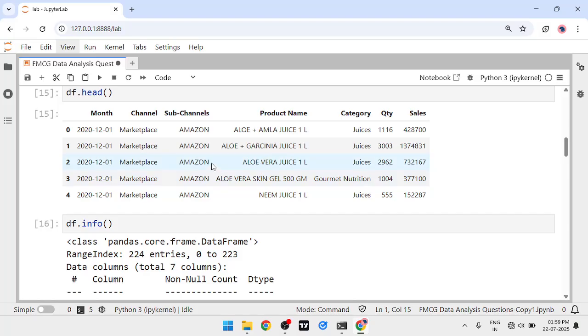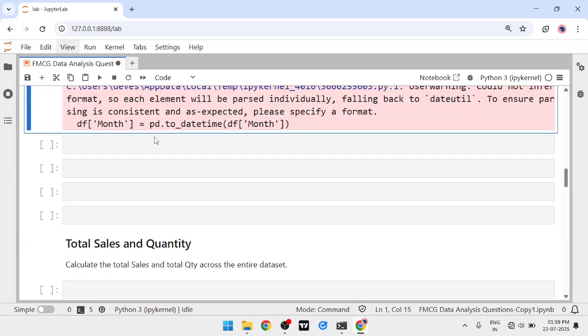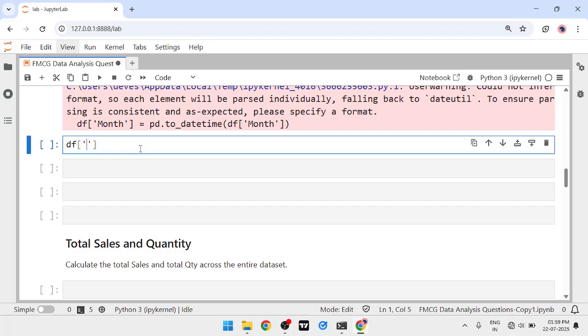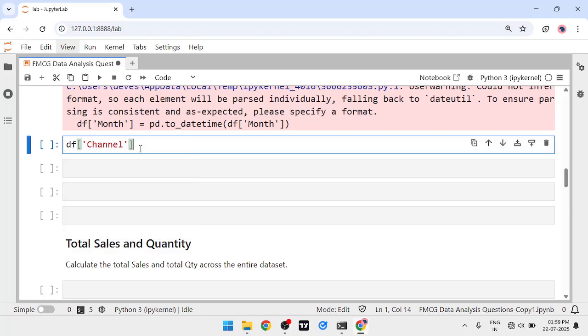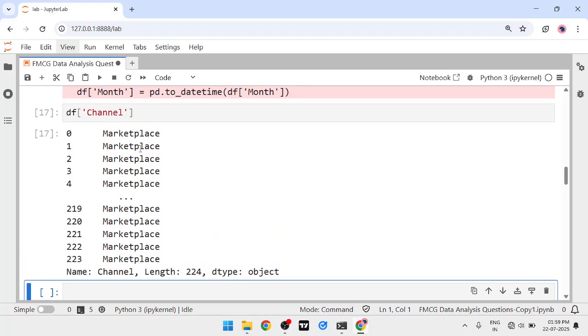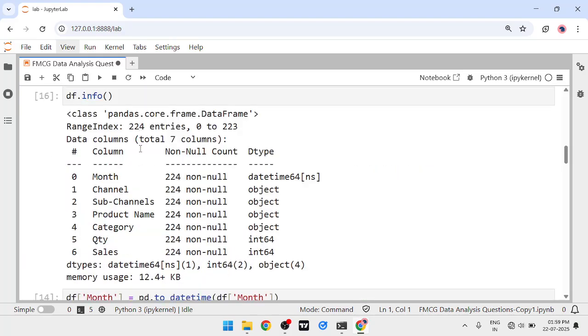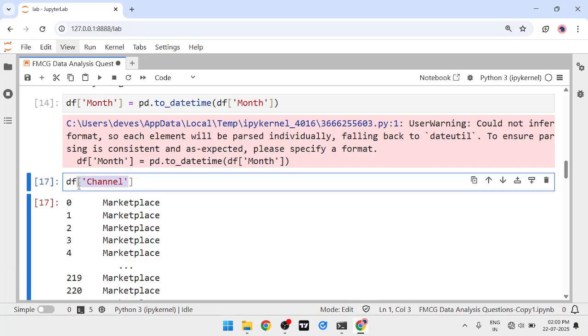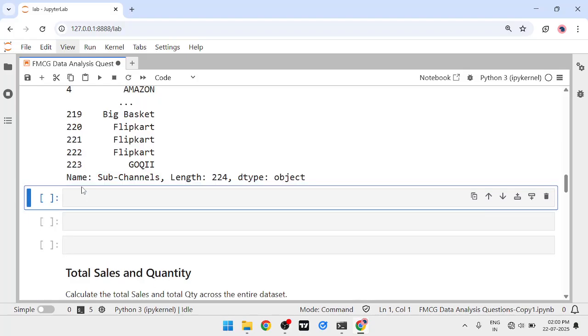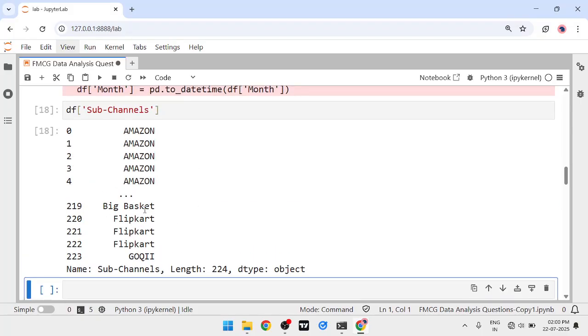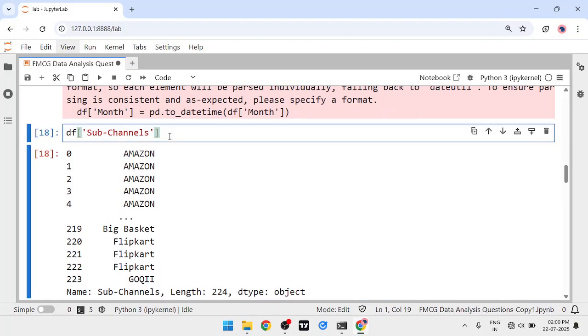So we can fix the text inside these columns. We have this sub channel and this product name, and to clean this we can use the str method. If we just select this sub channel, we can see that other names are in a proper format, but this Amazon is in a total capital format. So to change this, we can use dot